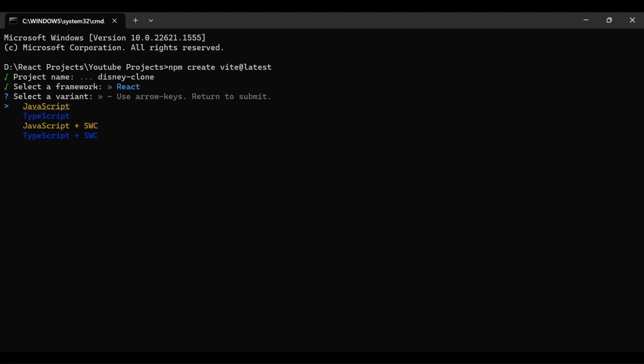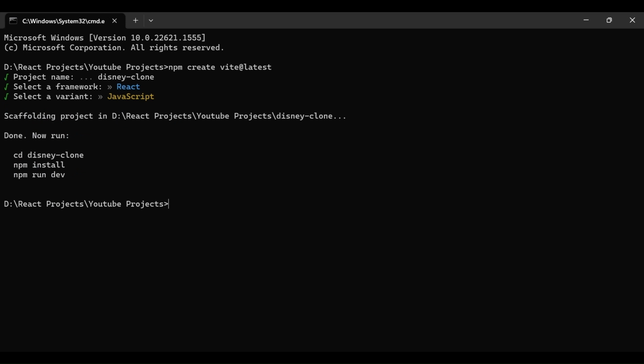And here you can select JavaScript or TypeScript. It's up to you which you want to select. There is not much difference when you are writing the code. But in this case we will select JavaScript, and done, your project is ready. If you go with the command npx create-react-app, it will take a lot of time to install dependencies and build and create the app, but with Vite it is quite easy.